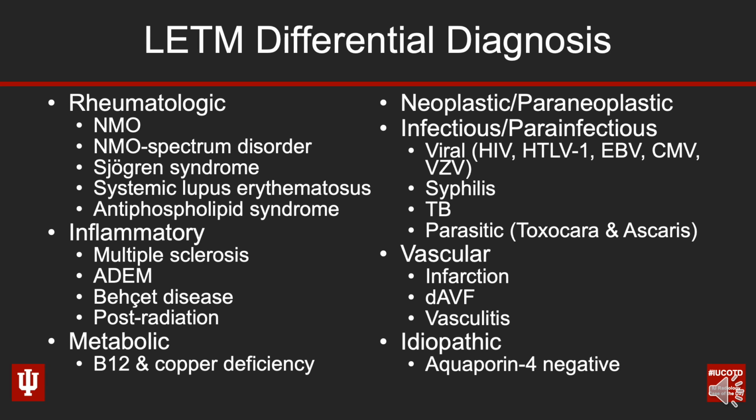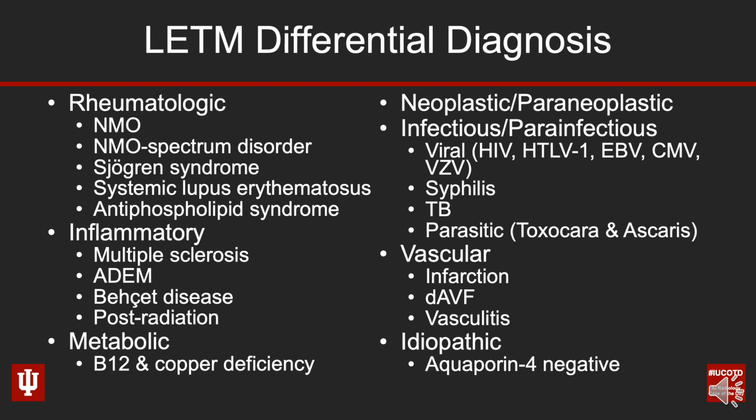Could be a cord infarction, although this is awfully large. But be thinking about cord infarction when you see segmental long segment abnormality, as well as dural AV fistula. In this case, we don't see the telltale flow voids. And vasculitis is definitely something to think about in these cases as well. And then sometimes it ends up just being idiopathic, in which aquaporin 4 is negative, and they may not know